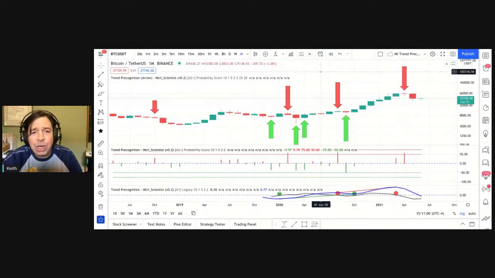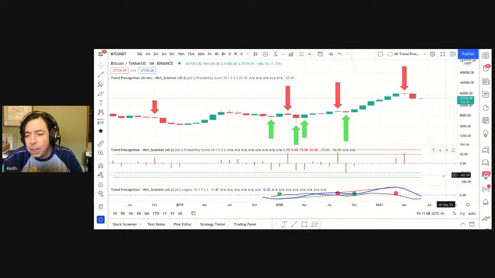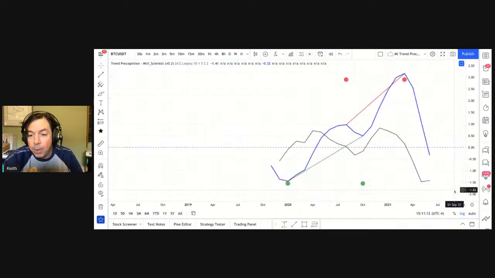Now, let's see where we're at today and where things seem to be going. If we look at this, because I have it compressed, it's a little difficult to see, so I'm going to expand it right now.